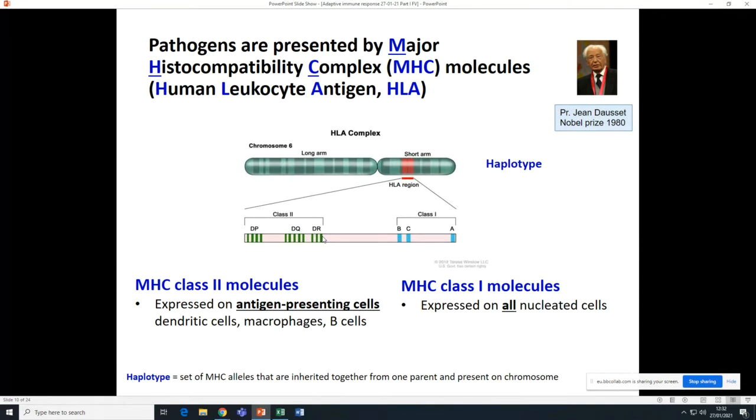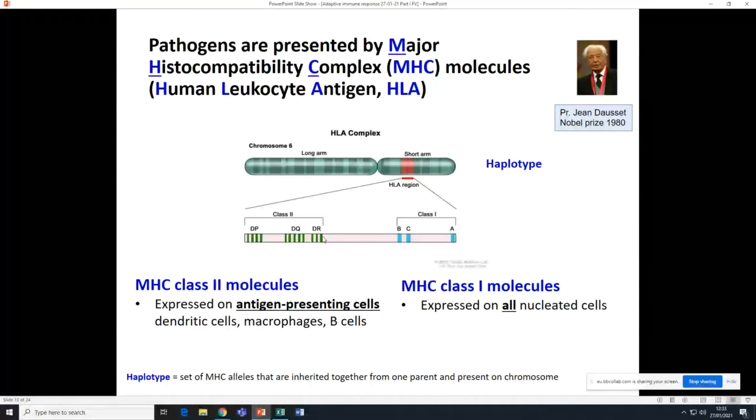all gonna say MHC class 1, fantastic. If I ask you which MHC molecules are expressed on lung epithelial cells, you're going to say MHC class 1. If I say now which MHC molecule are present in macrophages,